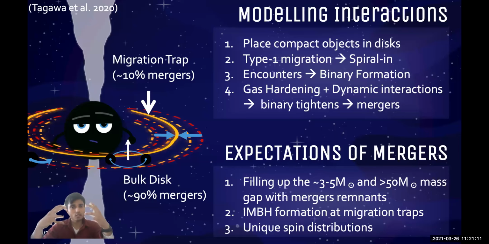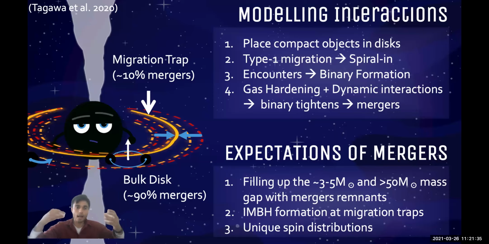So we can start by initially thinking about placing some compact objects in the disk, right? These compact objects would start spiraling inwards with type 1 migration. And that basically says that bigger objects will migrate faster, and the thicker the disk, the faster the migration. And so as the migration process